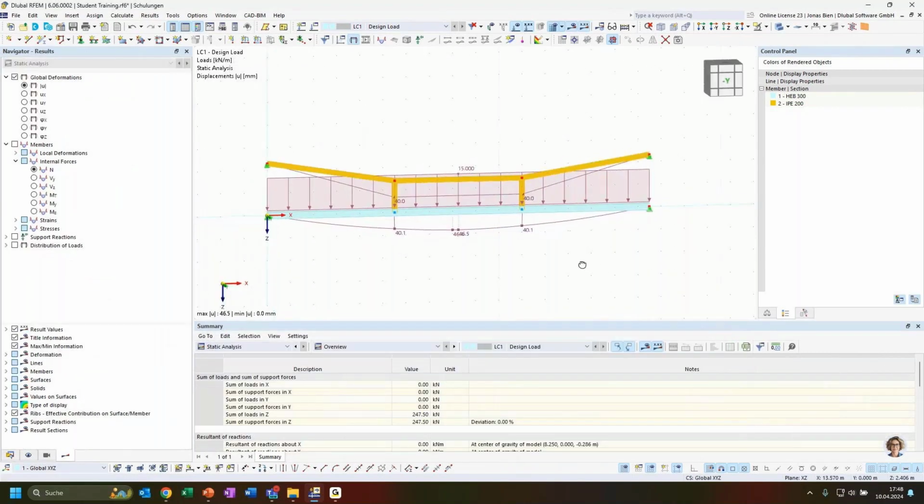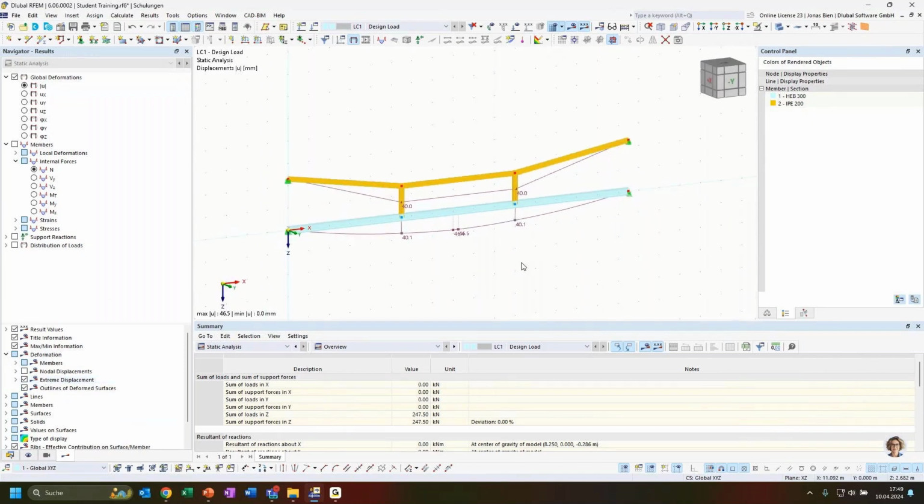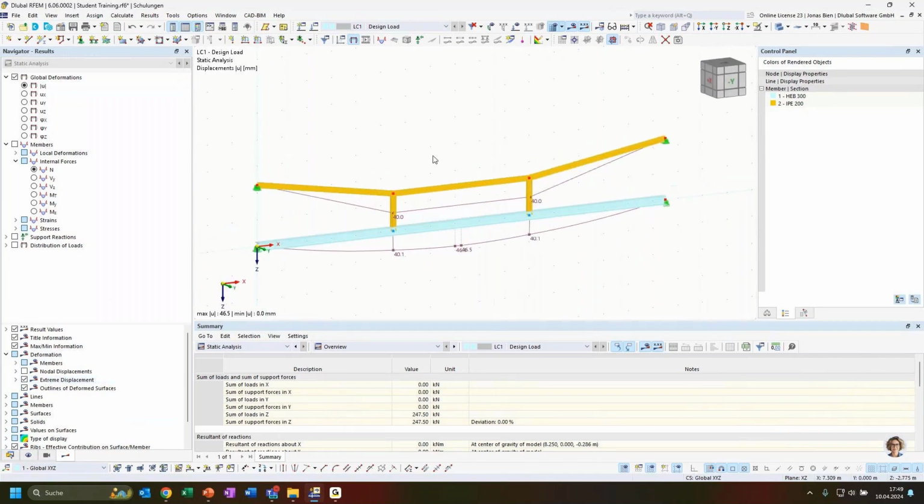And then I can assess the results navigator and first look into my global deformations. I will switch off the loads just to make it a bit more informative, or easier to see those deformations. And then I could also switch the display of these deformations. For example,